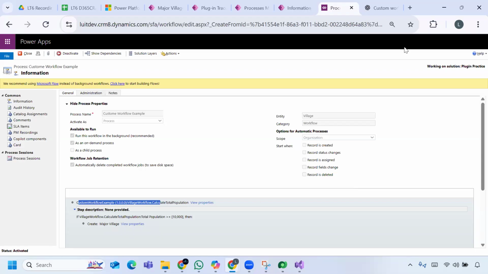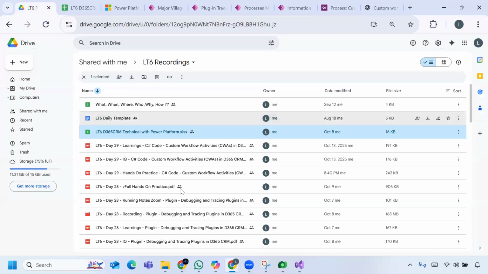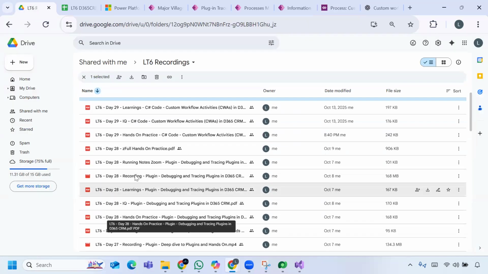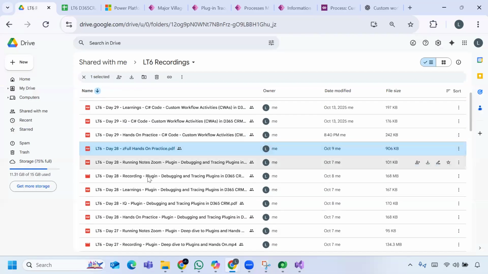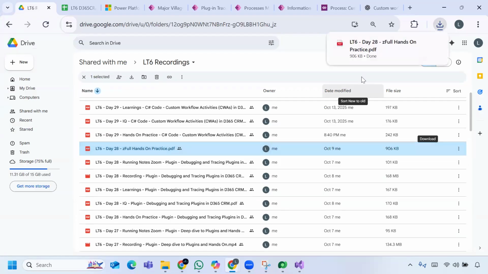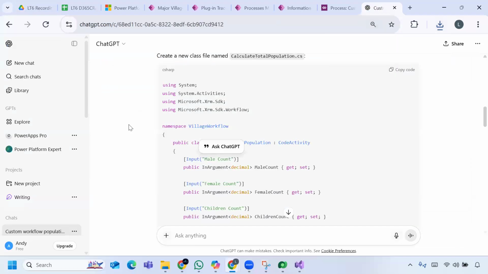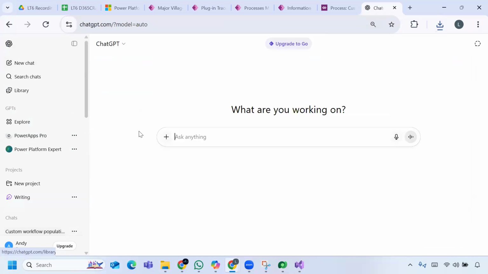Okay. So for the assignments, you don't need to worry. Suppose you see the plugin one, we have this full length experience one, right? So let me download this. This is the assignment I shared on Friday or Saturday. If you want to try it, and suppose you feel like you are missing some point or not understanding, come to ChatGPT. I asked you to install Power Apps Pro, so install this. Click on new chat, upload this file,